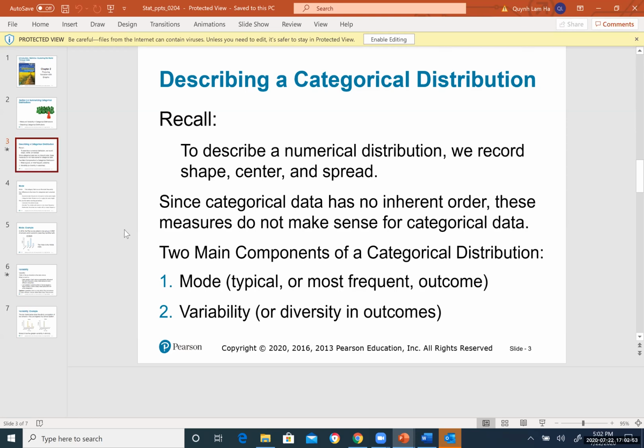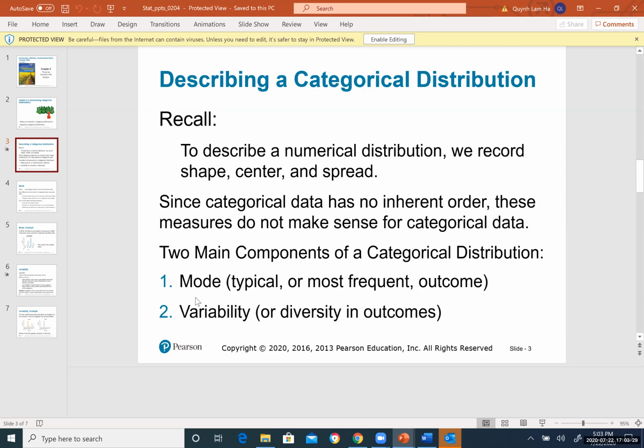I kind of forgot. I thought there would be a section about this. I believe it would be the next section. They're talking about something similar to shape, center, and spread, but it's not mentioned here. They're mostly focusing on mode here and variability. No worry. I'm sorry for any confusion. Any confusion? So the two main components of a categorical distribution are mode